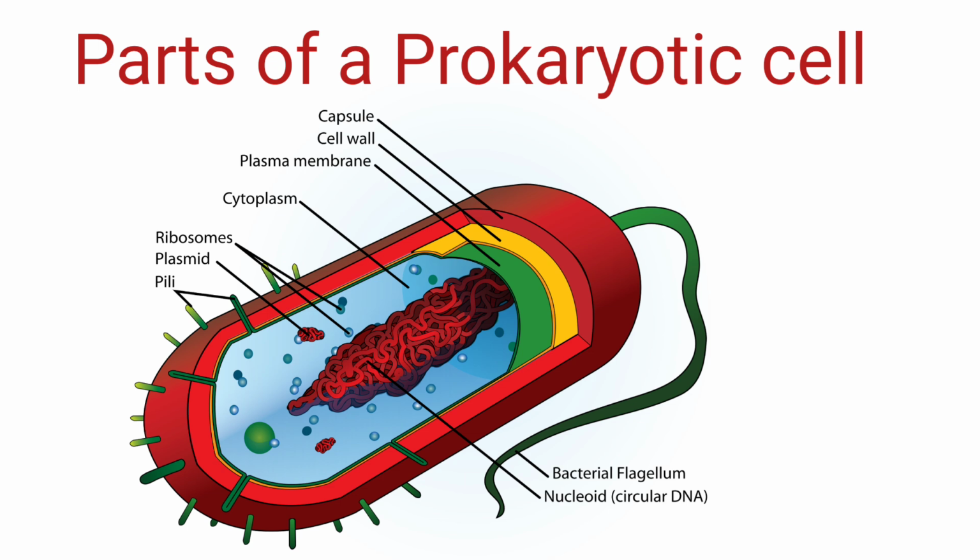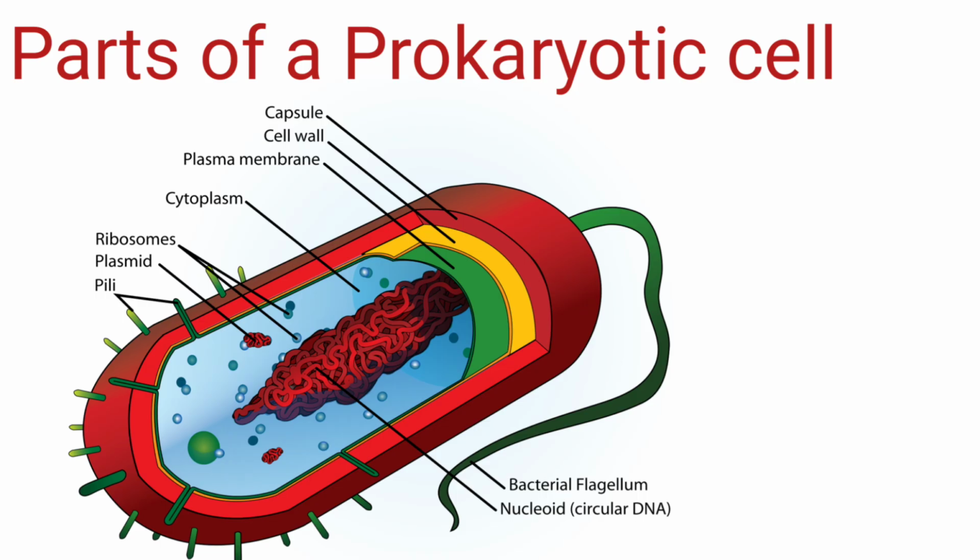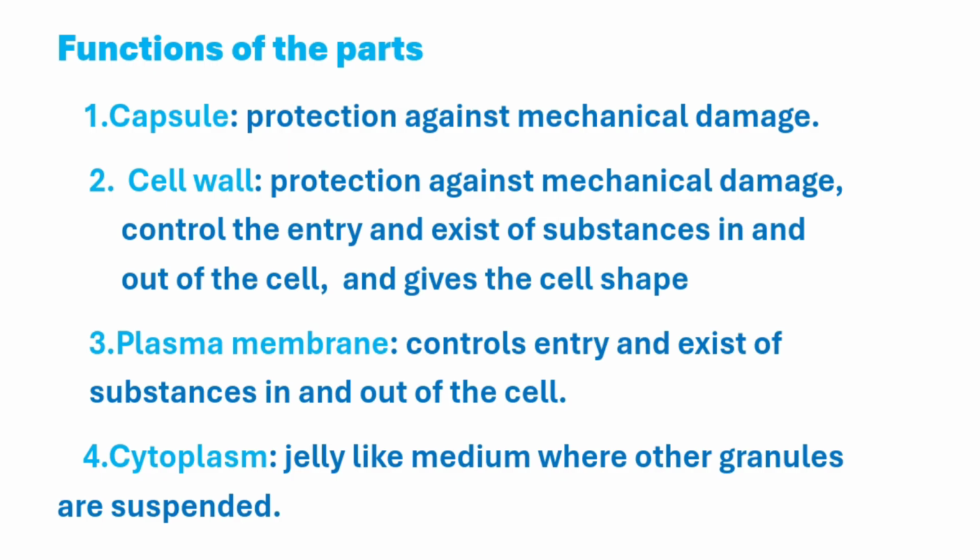Given the harsh environment where these prokaryotes thrive, this capsule plays a big role by protecting them against mechanical damage. Just beneath the capsule is the cell wall, which protects the inner parts of the cell from mechanical damage and regulates the entry and exit of materials in and out of the cell. The cell membrane also lies beneath the cell wall, and this controls entry and exit of materials in and out